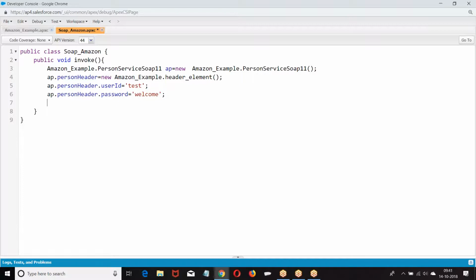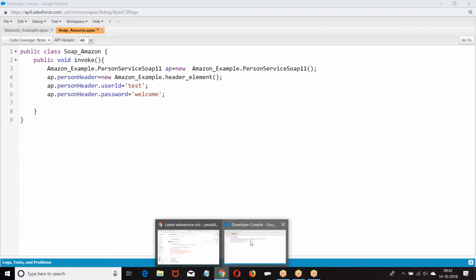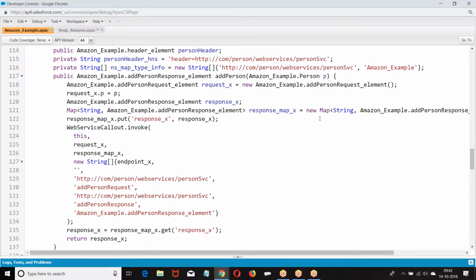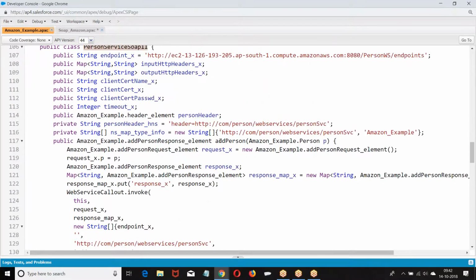Then I was supposed to call the service. What is the service I want to call? At the end of the day, our intention is to call add person. If you want to add a person, what are they expecting? Amazon example person as a parameter.